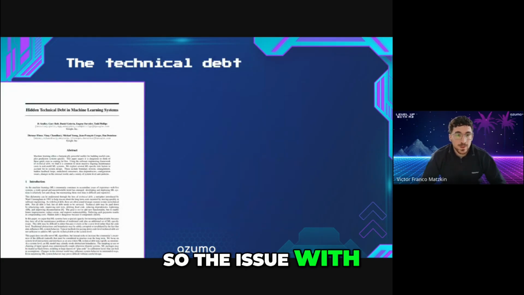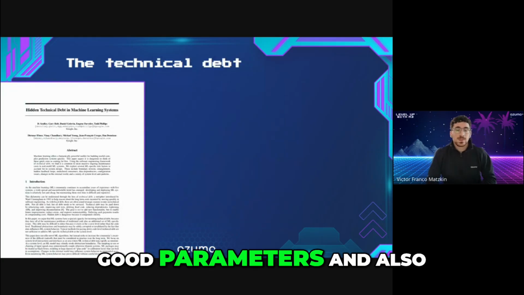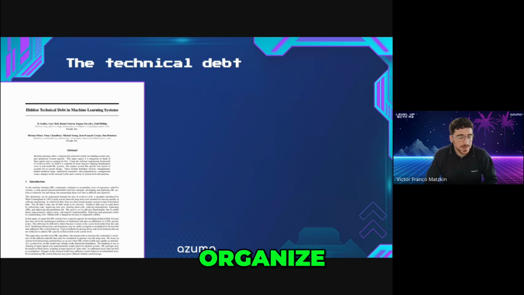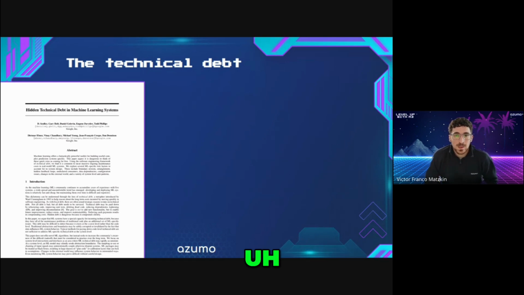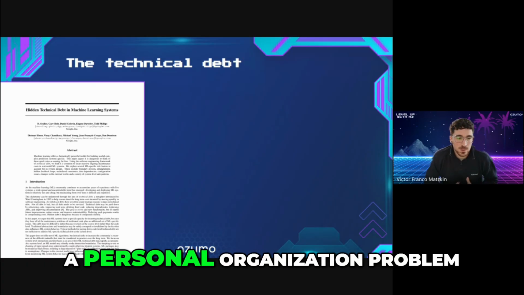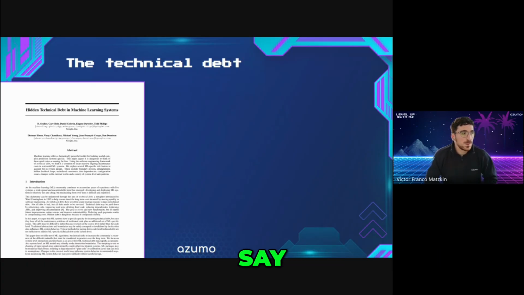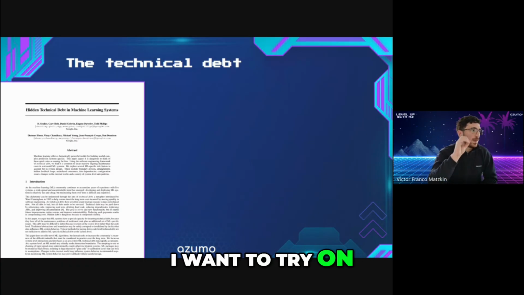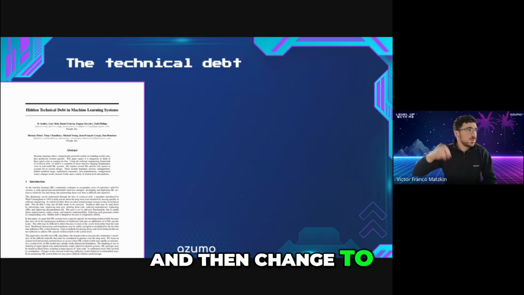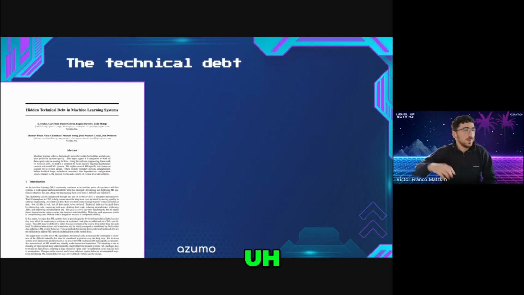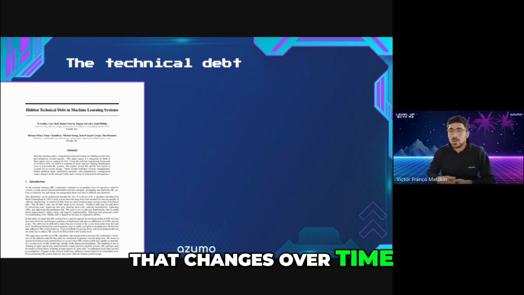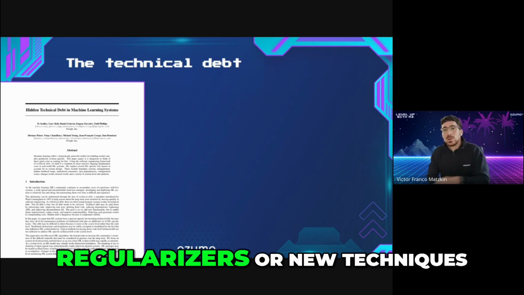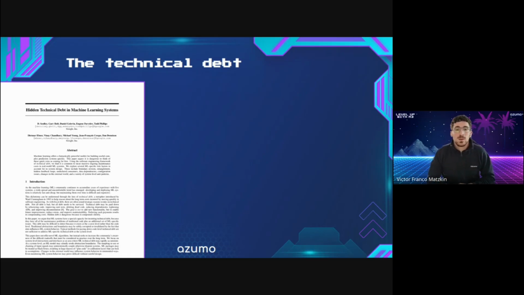So the issue with finding good parameters is also being well organized with the experiments. This is not just a personal organization problem. We want to, for example, say, okay, I want to try this model on this data, and then change to another model, and maybe the data changes, because it can be data that changes over time, and we want to try new regularizers or new techniques.